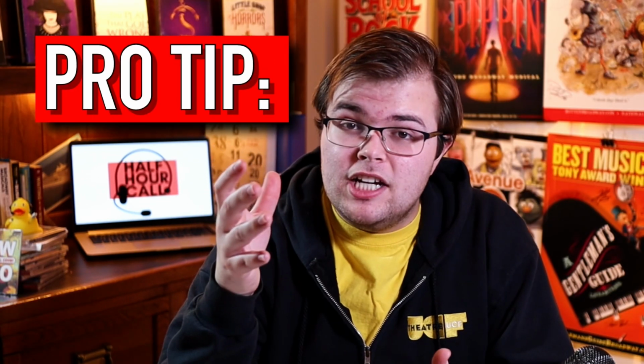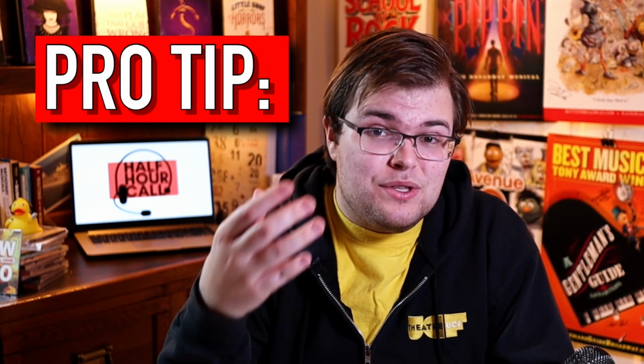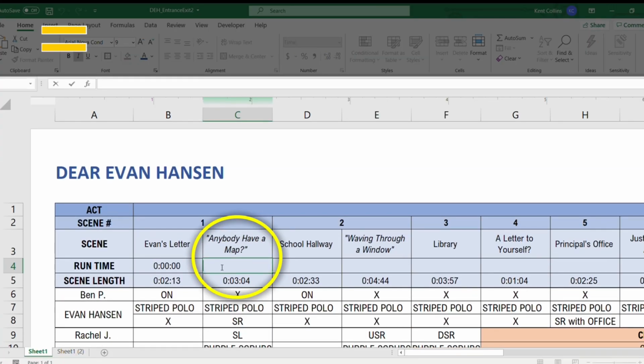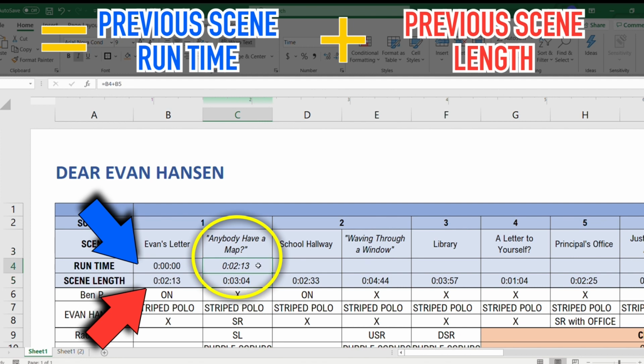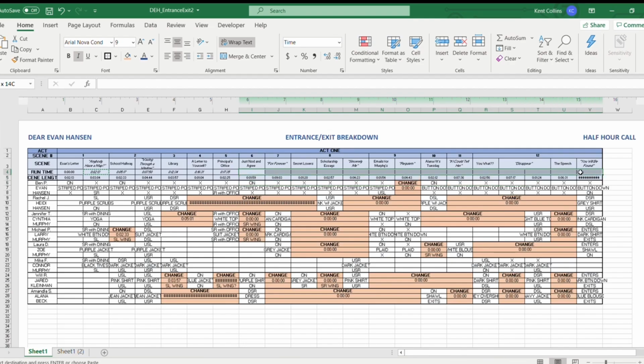As you stage and rehearse scenes out of sequence, whenever you run through an individual scene, go ahead and take a timing for that and add it to the scene length row. Pro tip, depending on how you format the cells, you may need to add a 0 for the hour in order for this to work. Use the simple formula equals previous scene runtime plus previous scene length to have the spreadsheet automatically calculate the cumulative